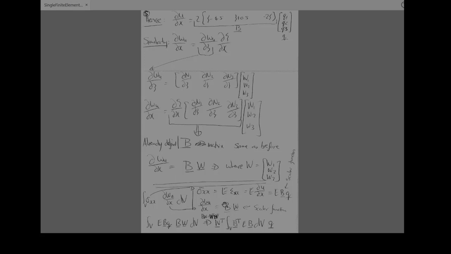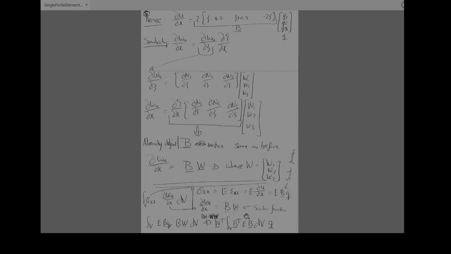I can take the transpose of this and write it as W transpose B transpose, and it's still a scalar. And I can just move this into second place because EBQ is also a scalar. This allows me to write it into a convenient form where I can see B transpose EB. E is my material matrix, in this case just E, and in the multidimensional case this would be my plane stress, plane strain matrix, or my full constitutive matrix. But the bottom line is, because I have this B transpose B and the symmetric thing in the middle, I end up with a full-on